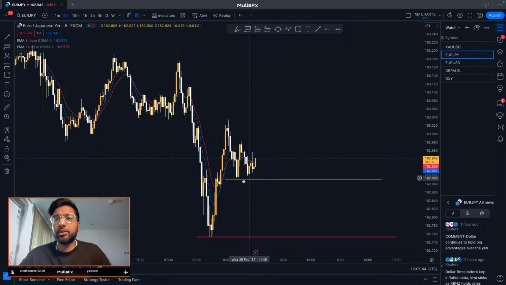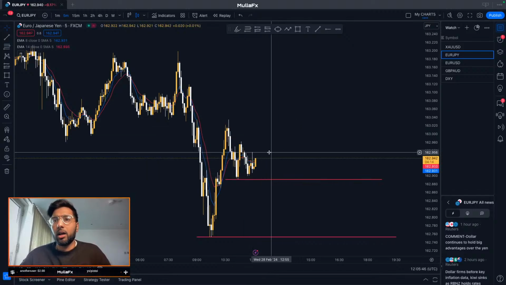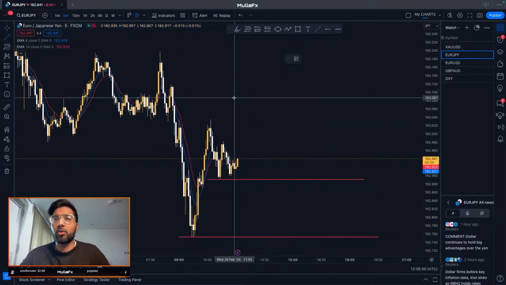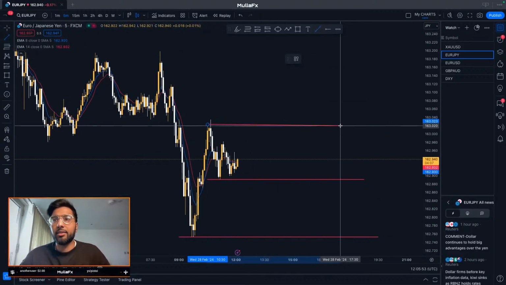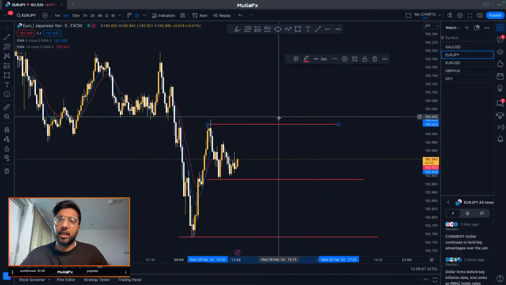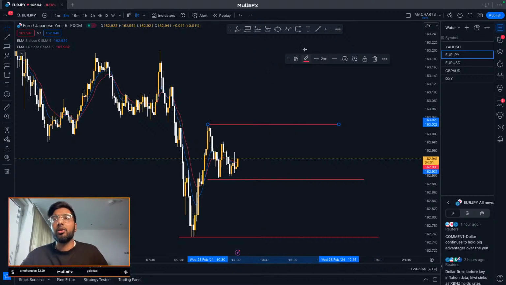It looks like price could just potentially be going up, or price could scale and break this level. So we're just gonna wait for either or. So price is either gonna break these highs right here. If it does, then we're gonna scale in and then potentially just scale up to